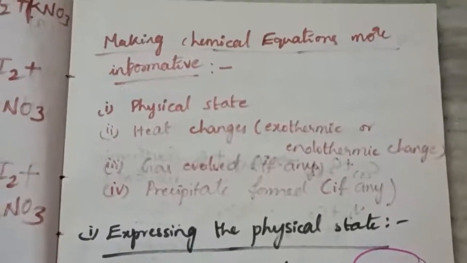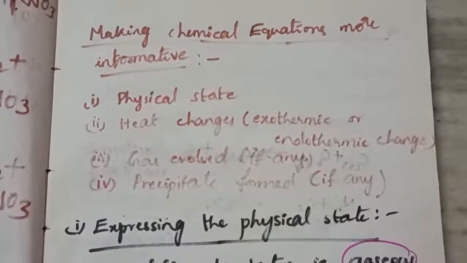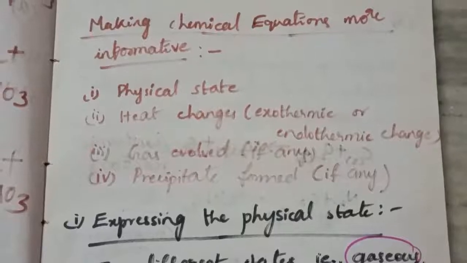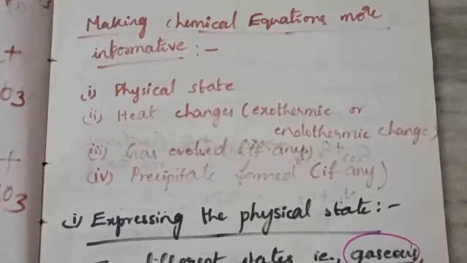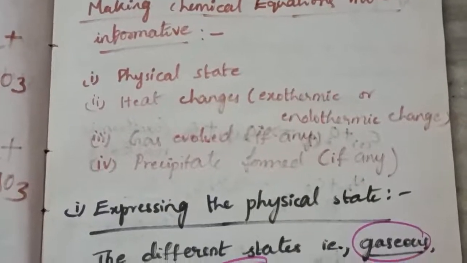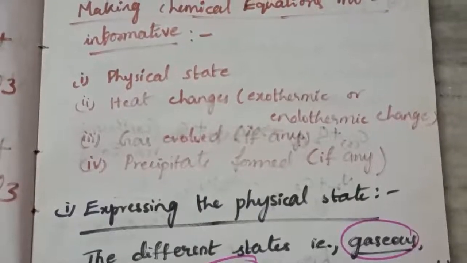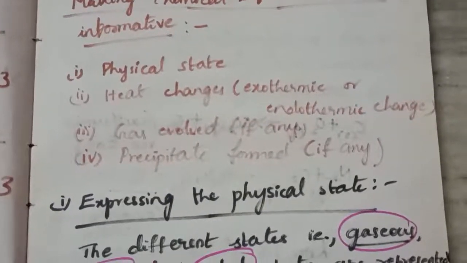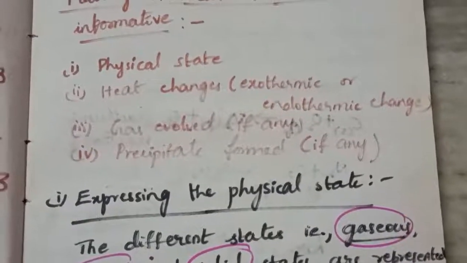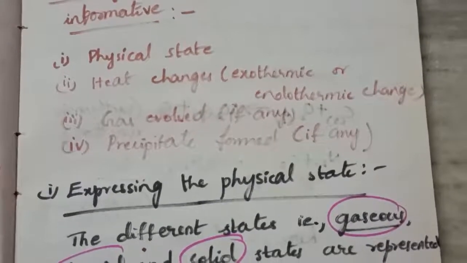Good morning all. Today I would like to explain further, as a continuation of balancing chemical equations. After we balanced the chemical equation, we got a balanced equation. From that, again we need more information. The substances which we are taking may be solids, liquids or gases. That is the physical state of the reactants and products. So we need to know the physical state of the reactants and products also.